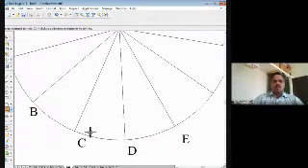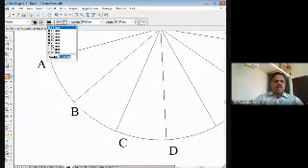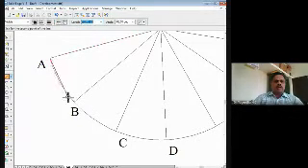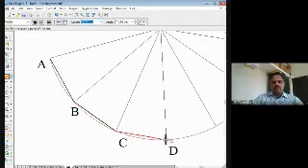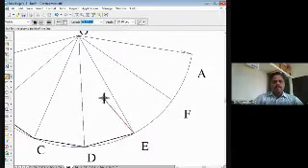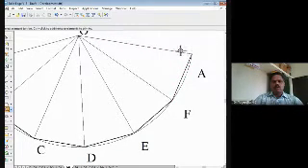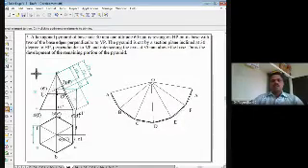So I will join this now, A, B, C, D, etc. Now I will take a thick line. I'll join A to B and B to C, etc. Then B to C, then C to D with the point marker, then D to E with the point marker, right? Then E to F at the end point, then F to A back. Here also there is an arc. I'll just fill it, right? So this is your base A, B, C, D, E, F, A back.